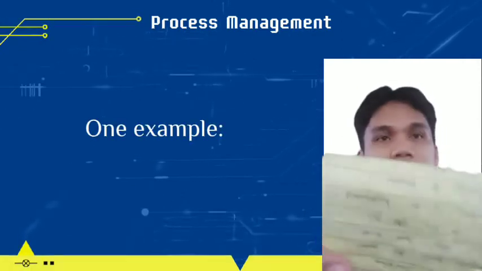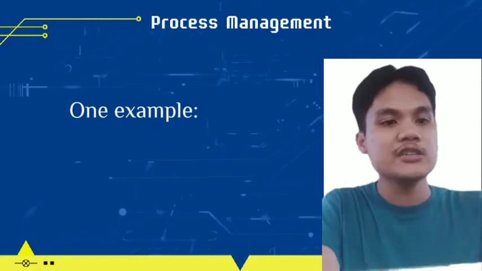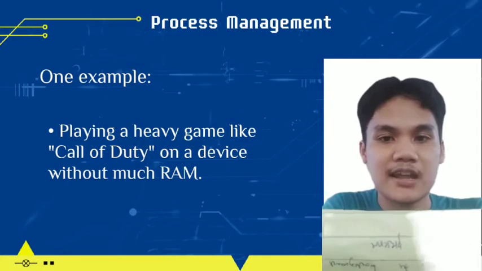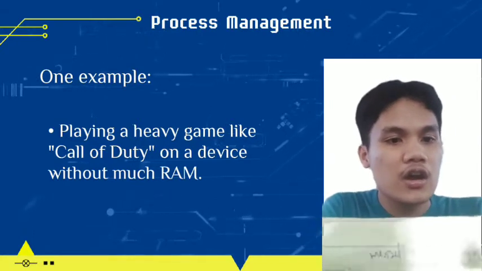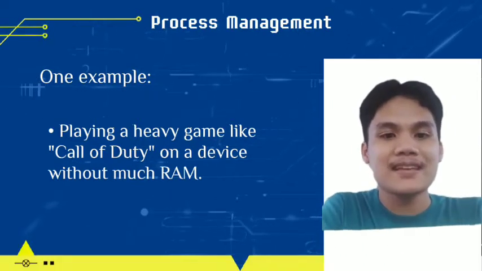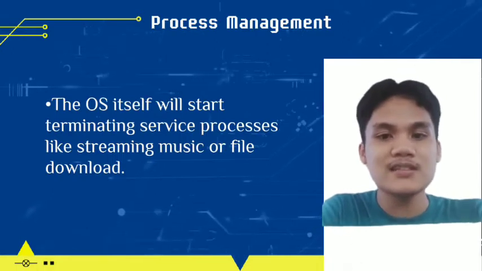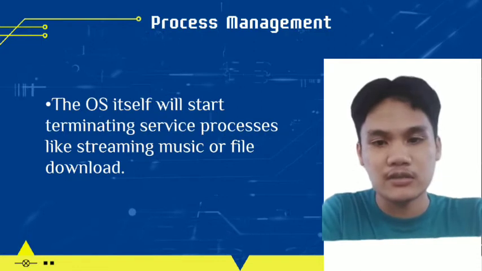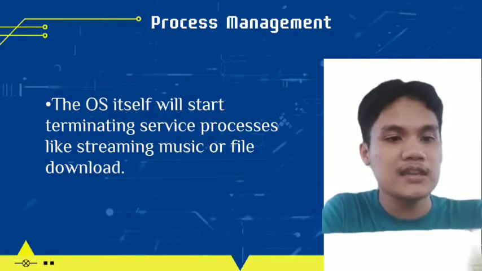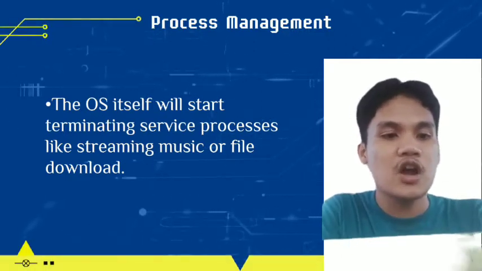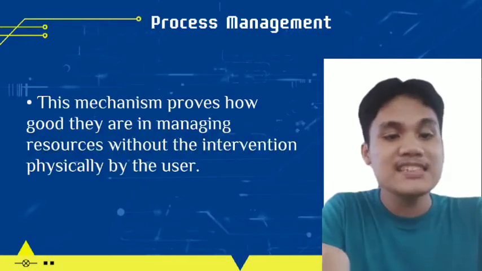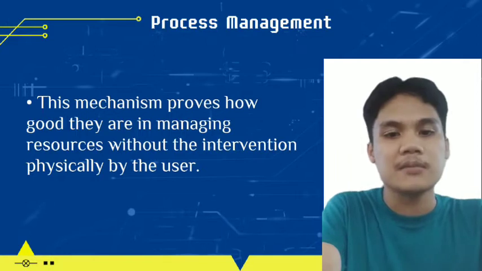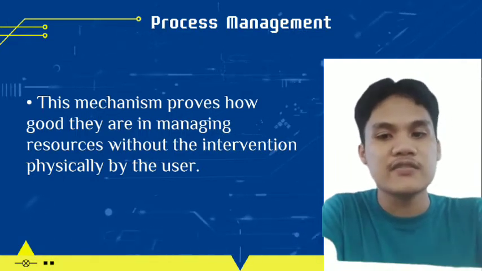One great example of how Android implements this is when playing a heavy and resource-hungry game like Call of Duty on a device without much RAM. The OS itself will start terminating service processes like streaming music or file downloads in order to accommodate the game and give it the necessary resources. This mechanism proves how good Android is at managing resources without physical intervention